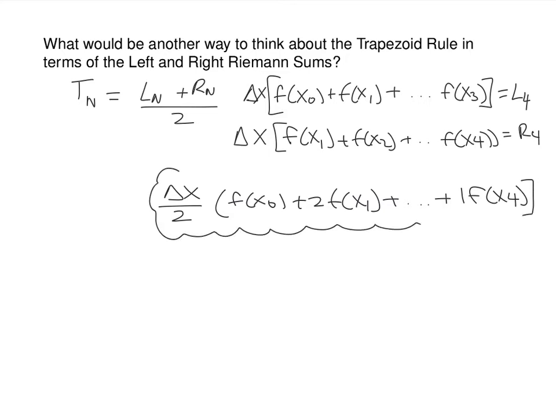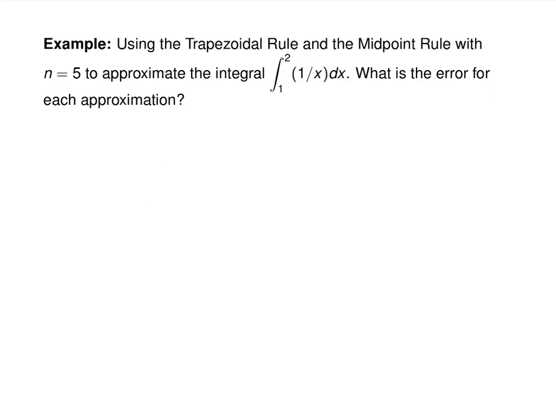So when you thought, oh my goodness, I should just average those left and right things to get a new estimate, the estimate that you actually get is the trapezoid rule. So if you like, you can just find the left sum, find the right sum, and then find the average. Of course, unless the question doesn't ask for the left or right sum, in which case it's easier to use